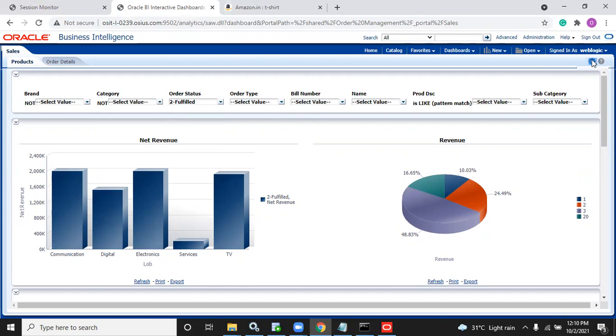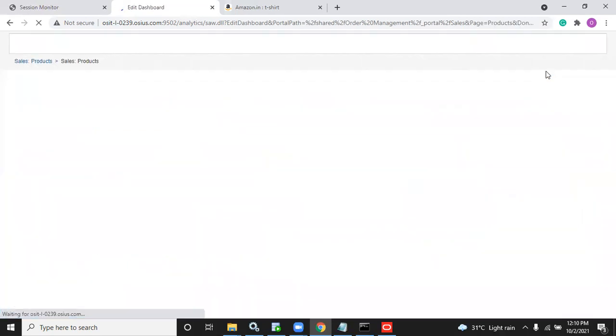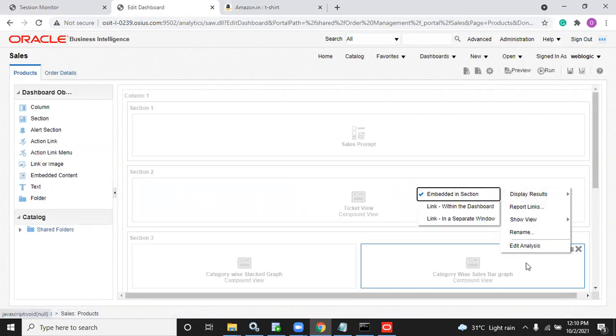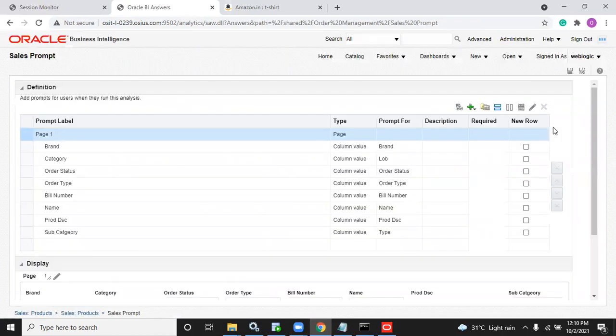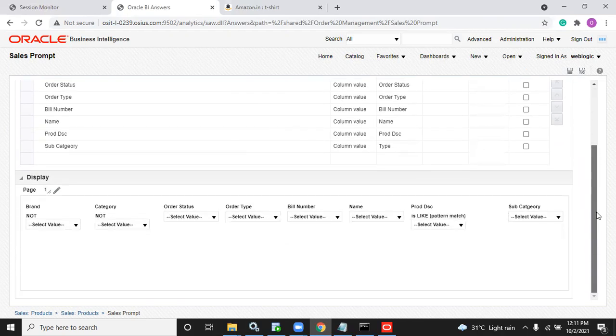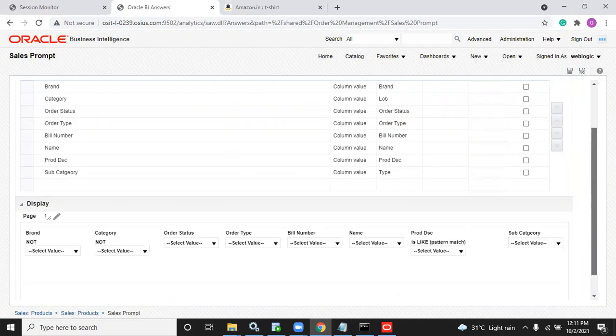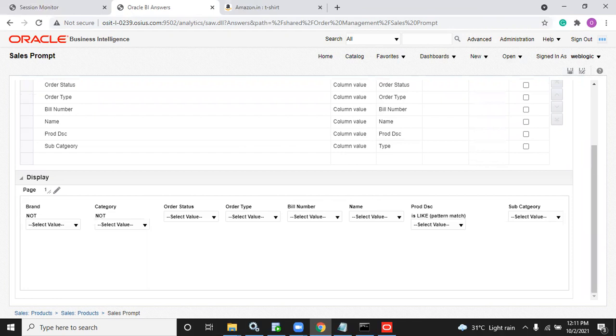For example, edit the dashboard. Sales. We can edit the analysis by going to the dashboard. Whatever the contents of the dashboard, you can edit from the dashboard. You are now outside the dashboard, not inside it. You are inside the dashboard prompt, not inside the dashboard. We feel we are editing inside the dashboard, but no, you are editing the content of the dashboard, which is present inside it. You are editing the dashboard prompt now, not actually the dashboard.